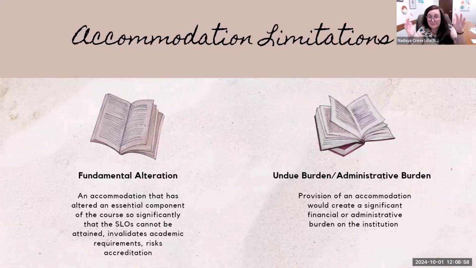So again, it's a really high bar to meet, but we do everything within our power to make sure we can provide reasonable accommodations. Administrative burden would be something that is so administratively taxing that it would be impossible to meet. So, for example, this is kind of a low-hanging fruit, and I don't know that it would necessarily meet this bar, but let's say that we wrote up an arbitrary accommodation that said, faculty, you must write a study guide for this student, only this student, for every exam in your class, and you have weekly exams.